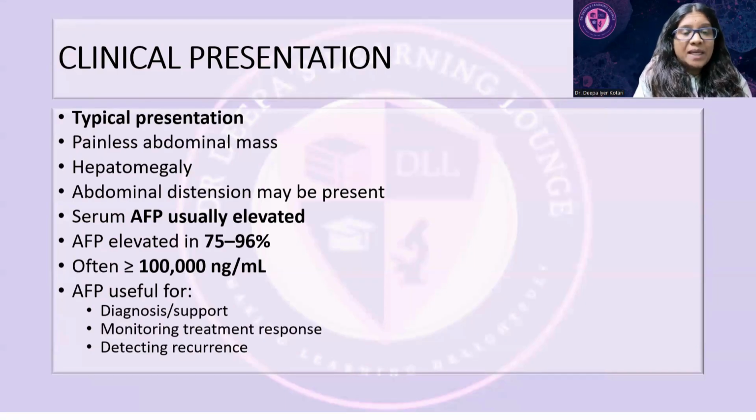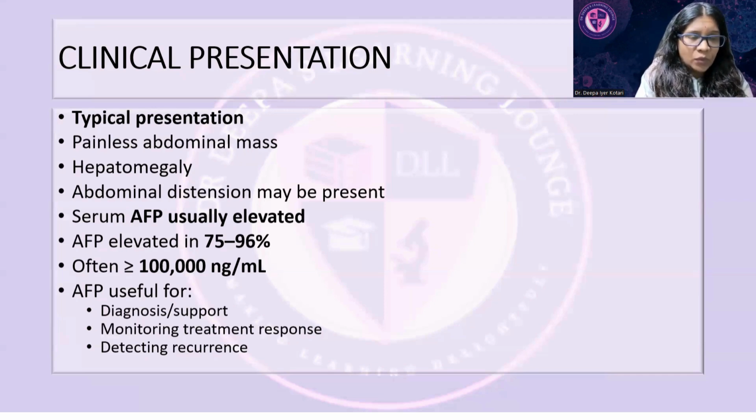So that is why I'm telling you that especially during the first 6 months after birth, an elevated AFP in a very, very young infant should not be equated to hepatoblastoma. Only in an age beyond 6 months of age, when it is very, very high, that is when you're suspecting a hepatoblastoma. And there is a coexisting presentation of a hepatomegaly, which is a very slowly growing mass and a painless